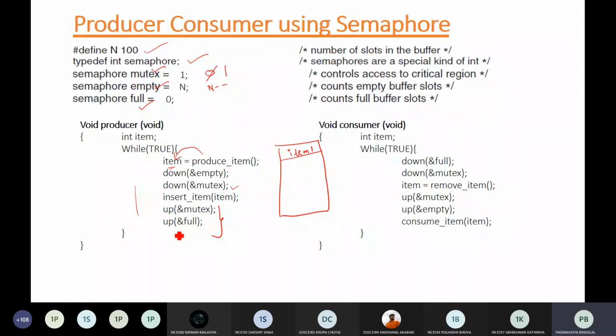And you signal full, that is, the full semaphore. It was initially 0, now it will become 1. Any doubt still here?